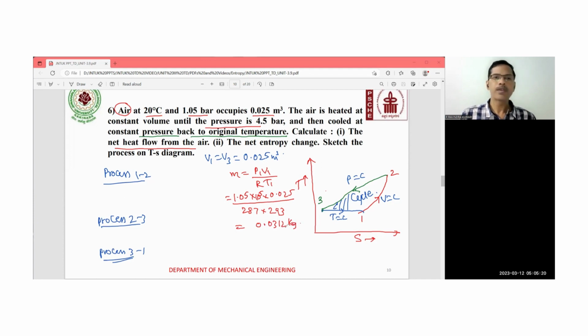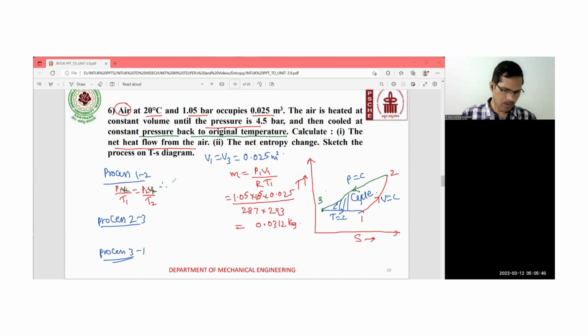So in process 1 to 2, volume remains constant, that is P1 V1 by T1 is equal to P2 V2 by T2, and in a constant volume process,